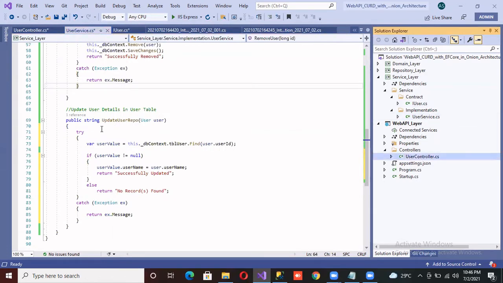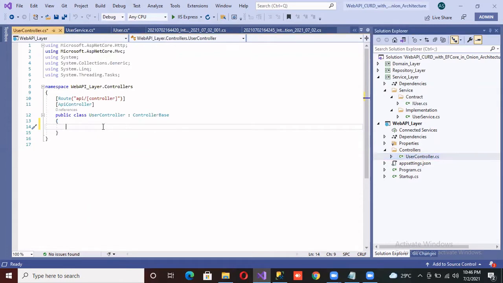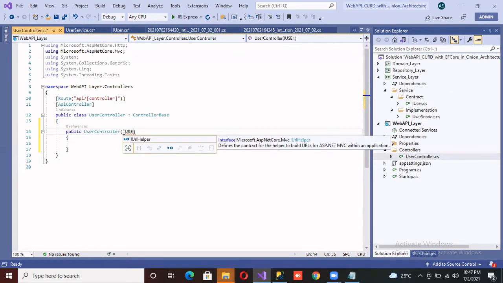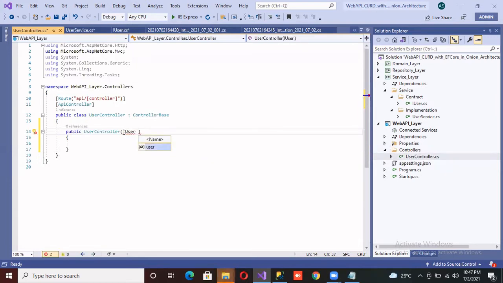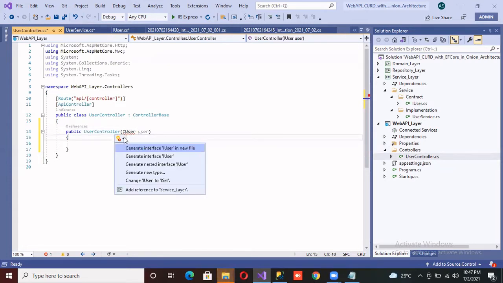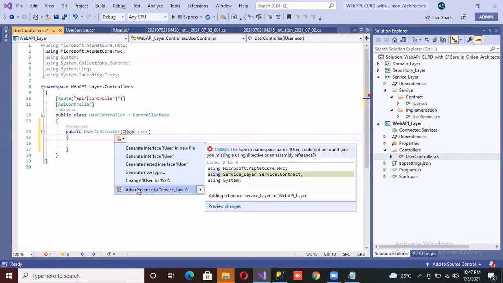So what we have to do, we will create the memory here. I'm just going to create a constructor. Inside of this constructor, I will provide IUser, and user. Okay, so I have to include the namespace.